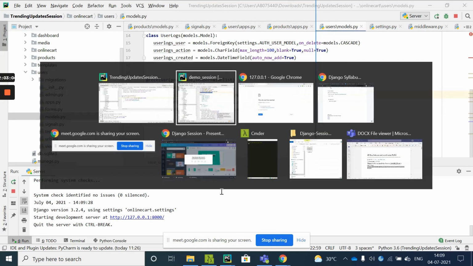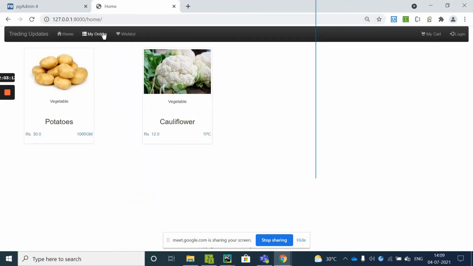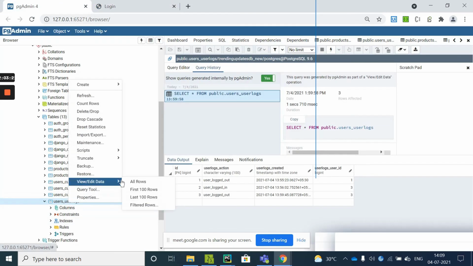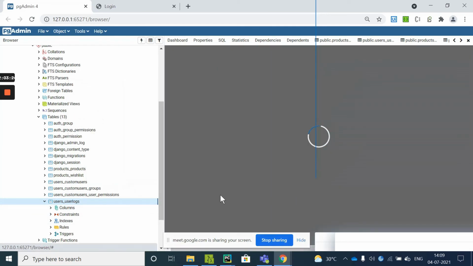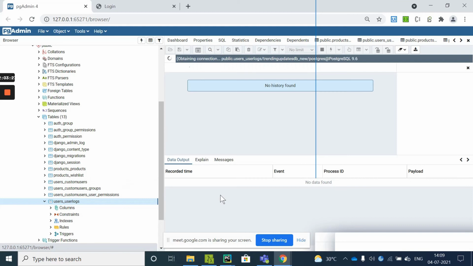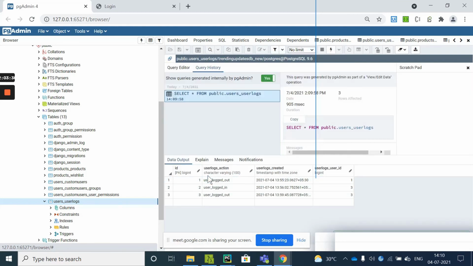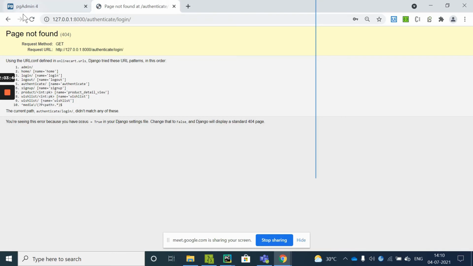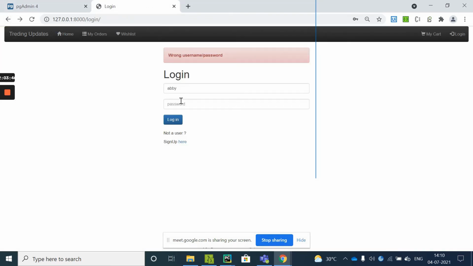I'll quickly go ahead and demo this to you guys. This is my home page. I'll log into the system. So once you see there are these many rows available now, 1 to 3. Once you log in, now I'll log in with Abby because I don't have any wishlist added for this Abby. Okay, there was some mistake, username and password was wrong, root at 1 to 3.